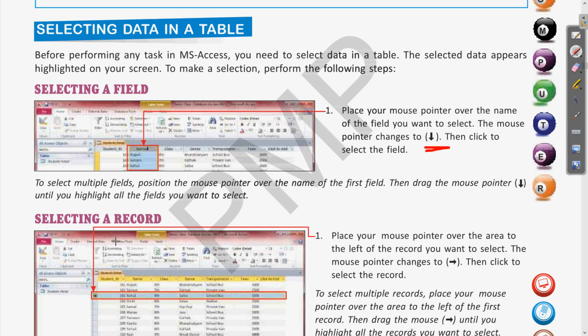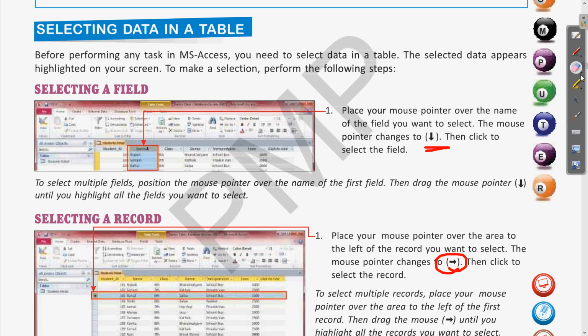In the same way, to select a record, bring the cursor to the left side of the table window, and the symbol will look like a right-sided arrow. Clear? If we click on a single record, it is selected, and to select multiple records, we can click and drag down. This way the records will be selected.